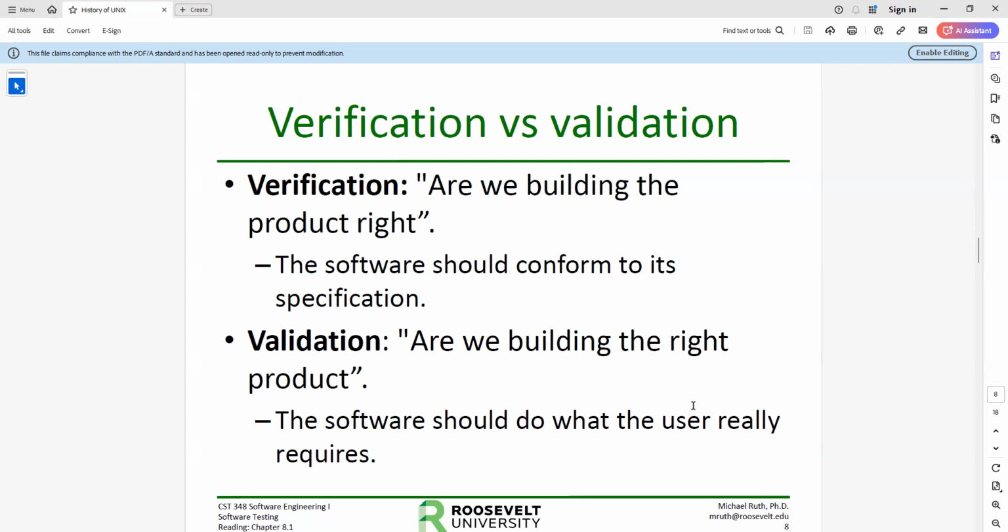Validation answers a different question, but it's fairly similar. Are we actually building the right product? At this point in the system, you actually have a system to test, is the general idea. So you have the user, and you can have them test it out to determine if the software does what the user really, really wanted it to do. Remember, the user and you went toe to toe and you built some requirements, and hopefully you built the requirements very well, and they're very good requirements. Great. That's the overall goal, right?